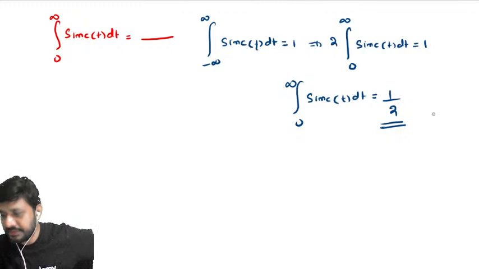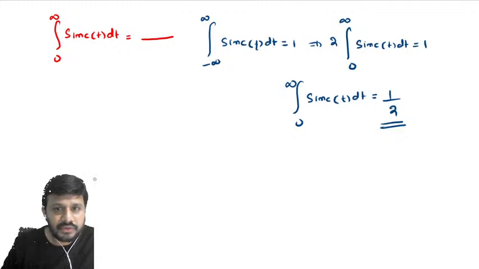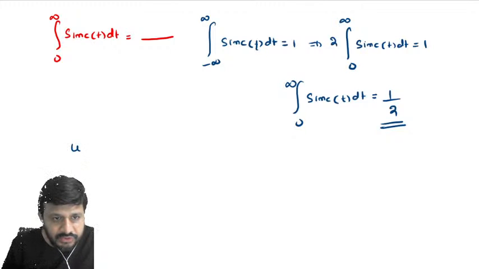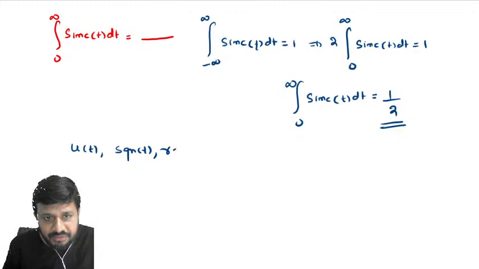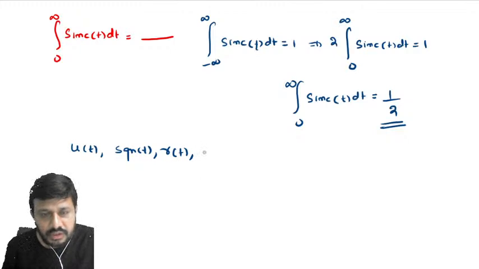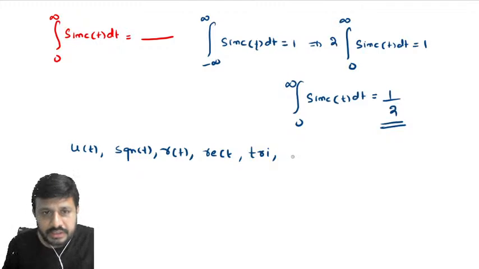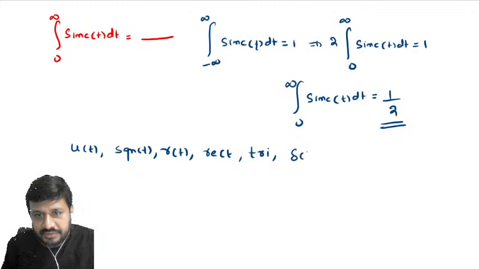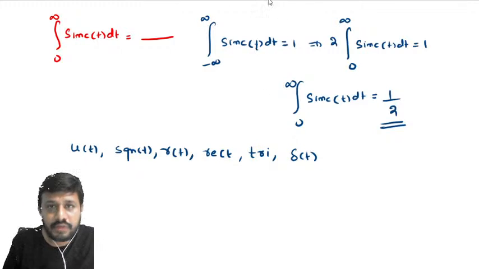Let's start the session. So till now, we were discussing the basic signals. What basic signals did we discuss? If I recollect, unit step signal u of t we discussed. After that signum t, after that ramp signal, after that rectangular pulse, triangular pulse, and after that impulse signal we discussed, right? Many basic signals. So the next basic signal we are going to have is